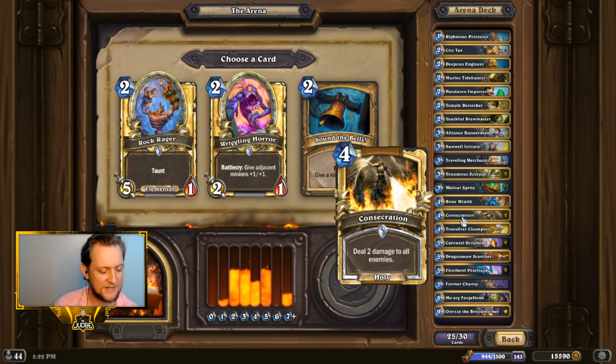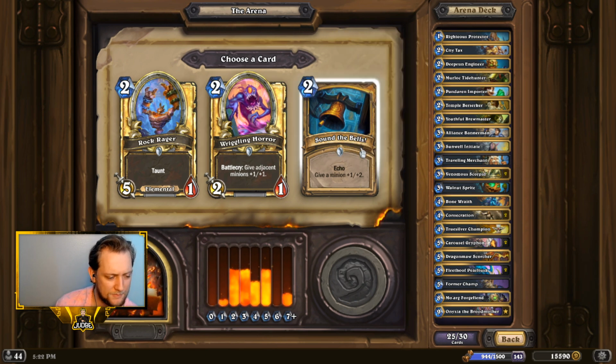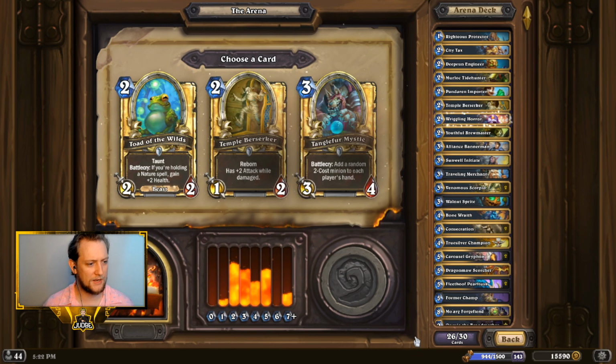Wriggling Horror versus Sound the Bells. Another tight one. Probably Wriggling Horror is better than Sound the Bells. Both are quite strong. 4 more picks. We've got a...